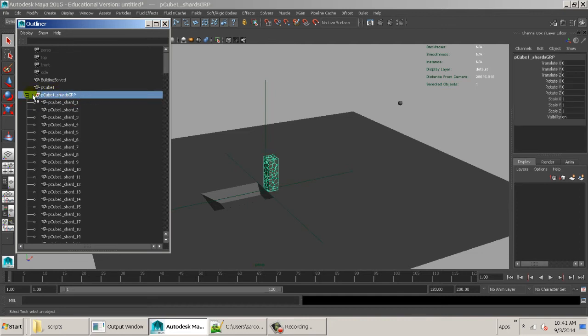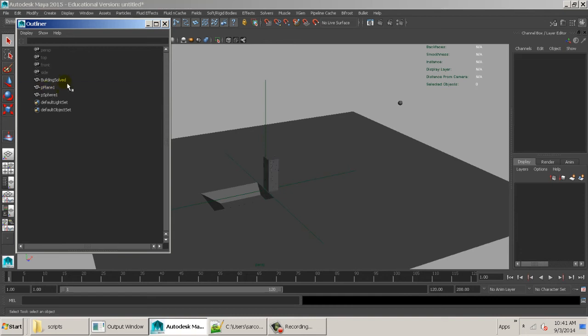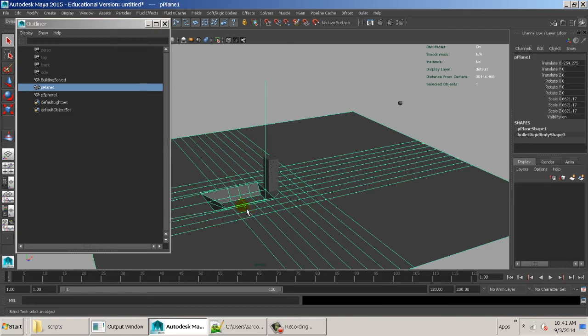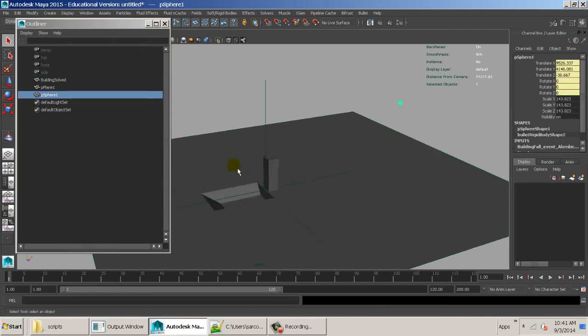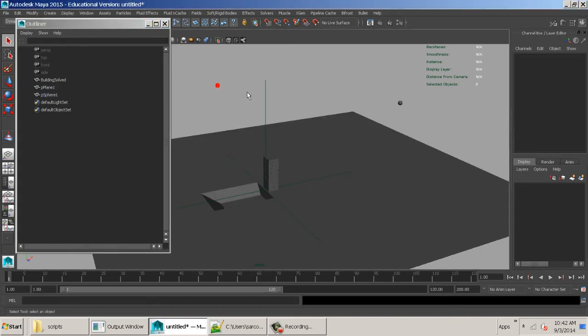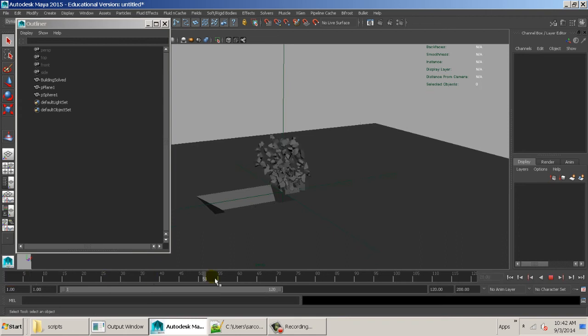We don't need. That's all the individual pieces. And that cube we don't need. So we should be left with 3 things essentially. This ground here, our building, and the ball. Those are the only 3 things that we brought in. And that's what we have. Okay. So now if we click and drag in the timeline, you'll see that we have